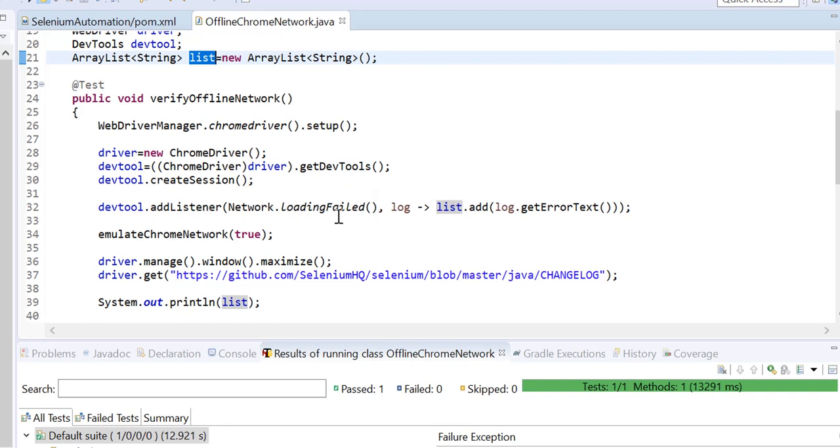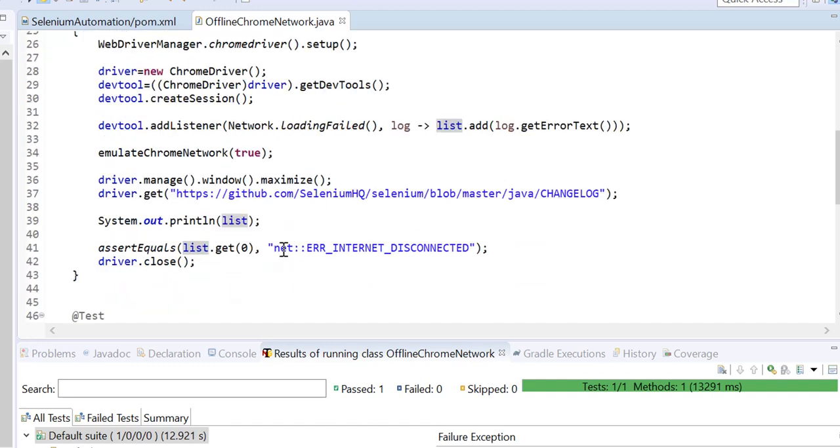Because the network is off, if something fails during the loading, the Selenium listener will read it in the backend, and whenever the network is off, it will throw one error like this: net::ERR_INTERNET_DISCONNECTED.